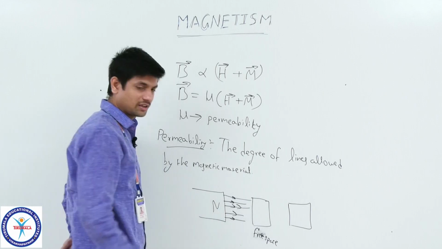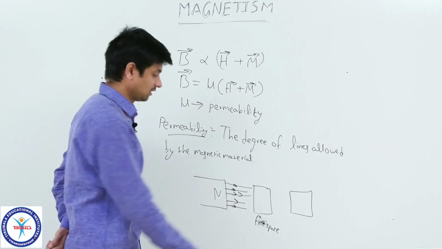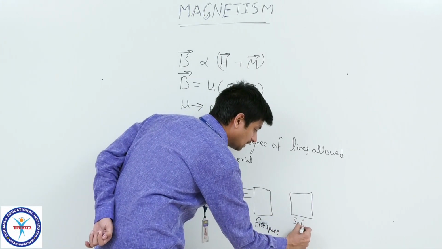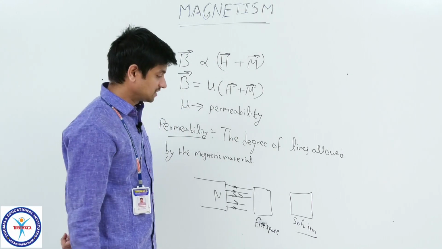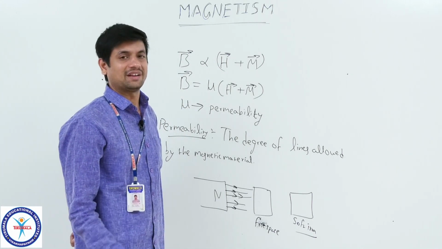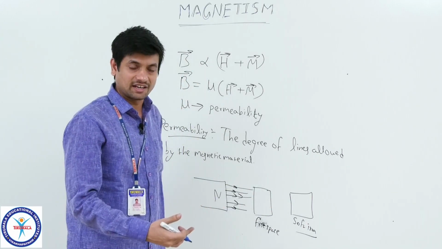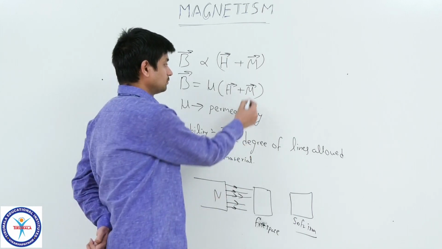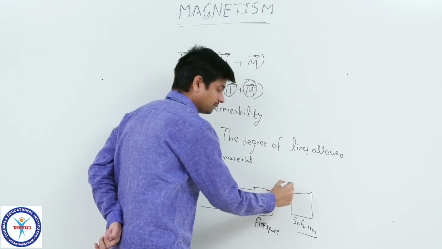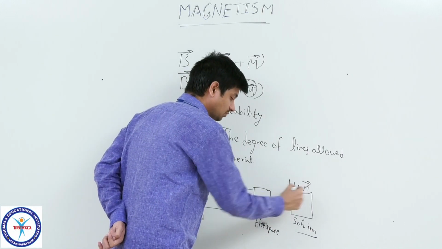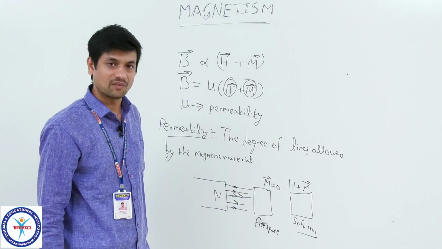Here 5 lines are going through the free space. This is 1000 times more than that one. If this is the soft iron, one of the metals, the strength is very less. Which strength? That metallic strength. So these lines are passing internally, it will generate M value. You are passing H, internally it generates M. Compared with this one, here the M value is 0. It is a free space, M value is 0.